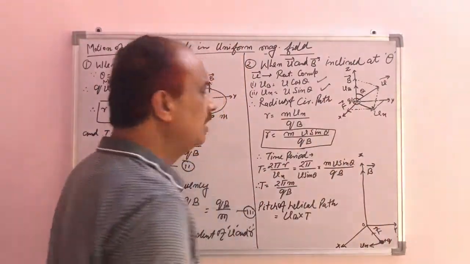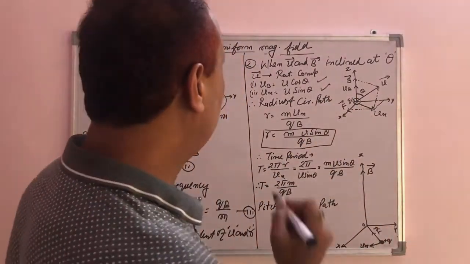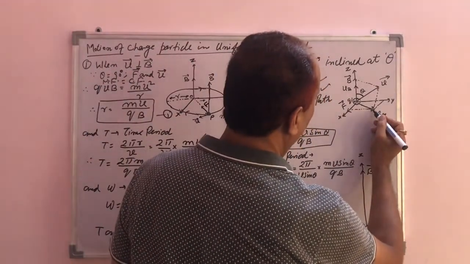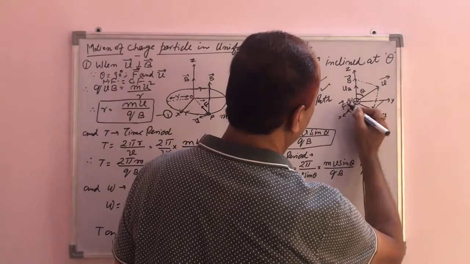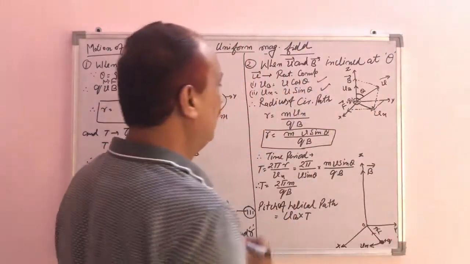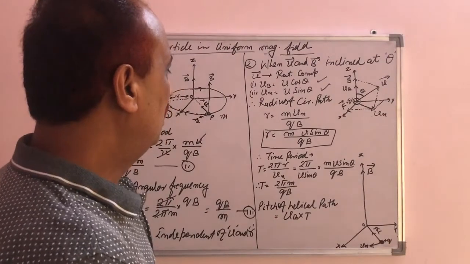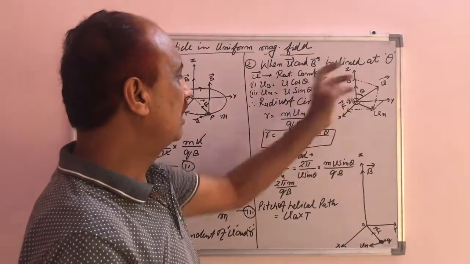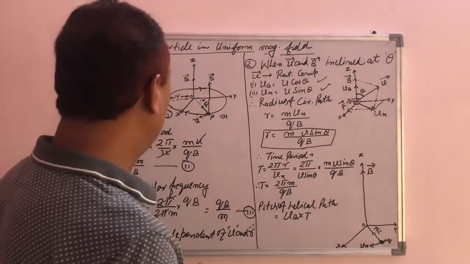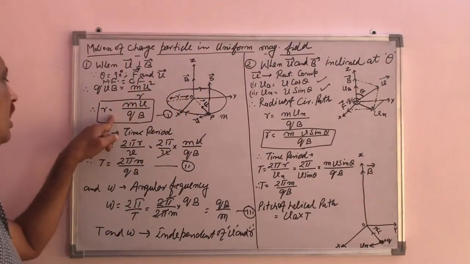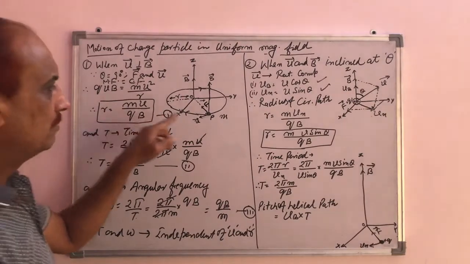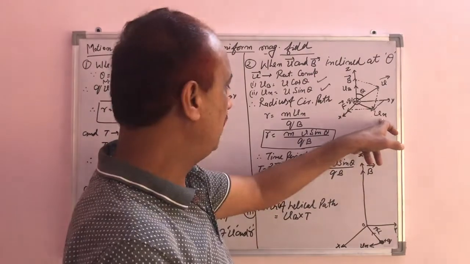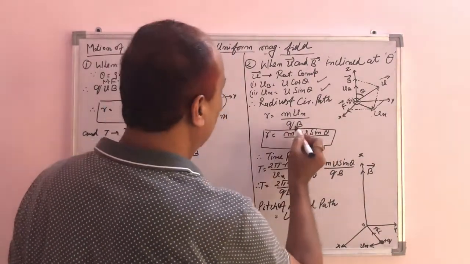Number two component, that is Vn equal to V sin theta. Similarly, again the Vn charged particle is here, plus Q charged particle, and we can find out what will be the radius of the circular path acquired by the charged particle when it is moving making angle theta with the magnetic field. Again, by using the same formula number 1, R equal to mv upon qB, but here the Vn component gives the velocity to the charged particle, so we have to use here mVn upon qB.